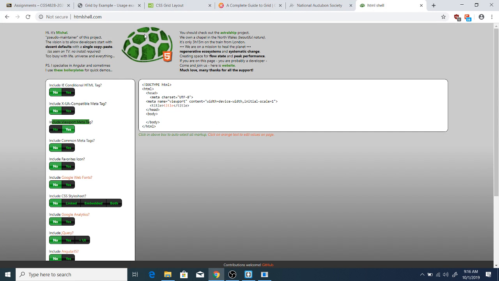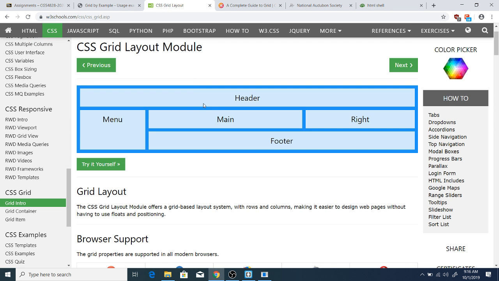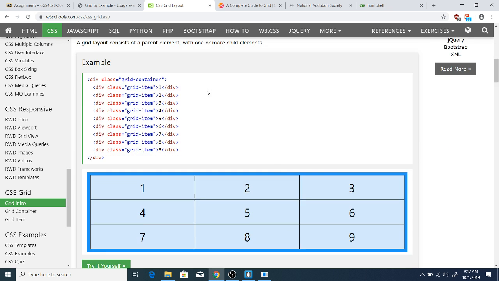So let's quickly talk about grid. So this is just on W3 Schools, but you get the idea: grid is when we're going in 2 directions, versus flexbox when we are just concerned about either a row or a column. Now the most basic way,